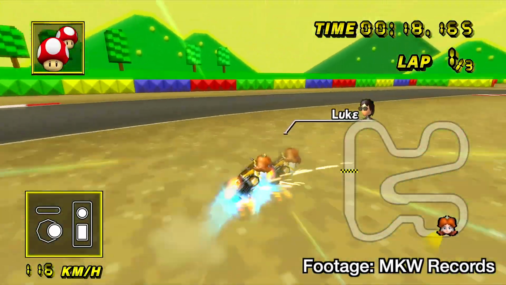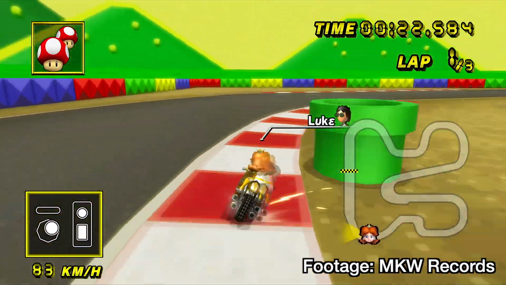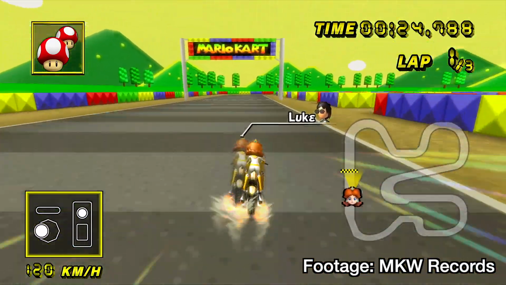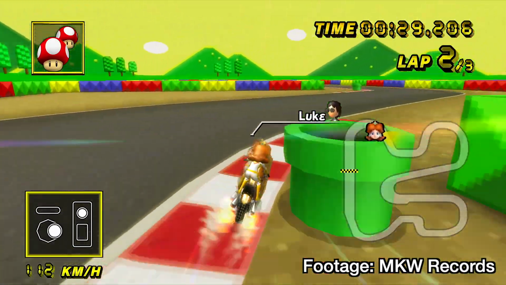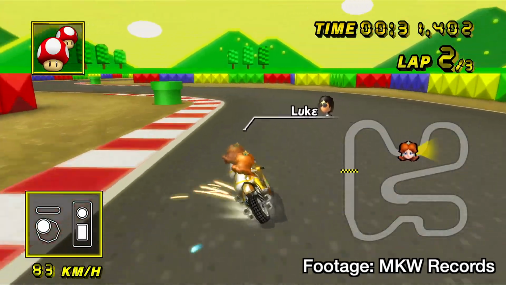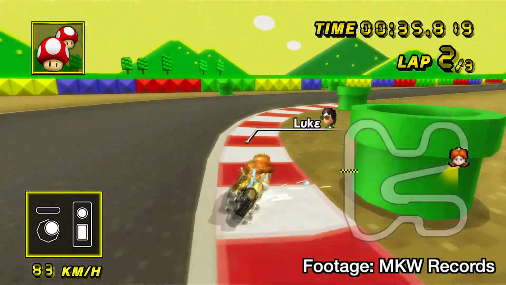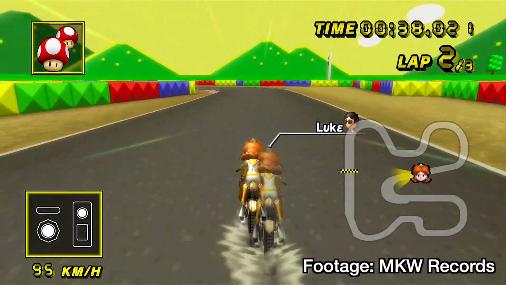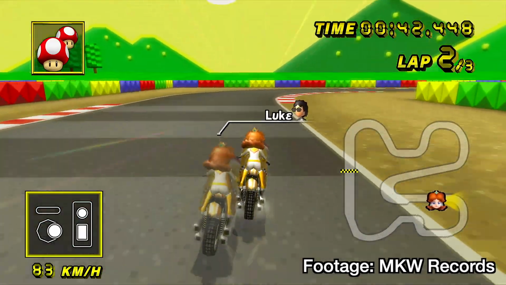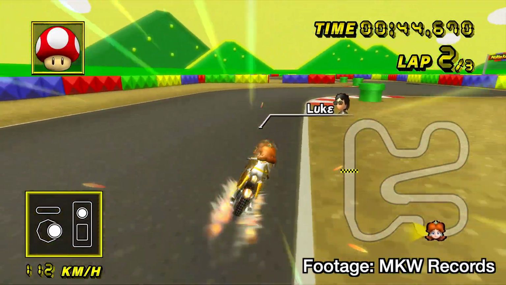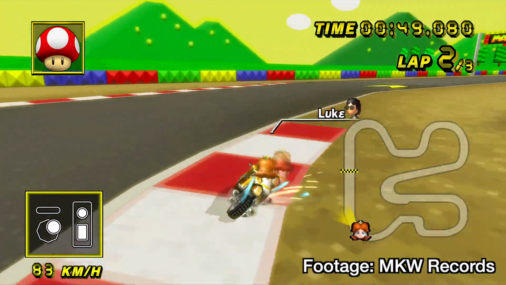So, in order to understand what the anti-TAS system is actually doing, we need to understand what it's trying to prevent. Now, bear with me because I'm going to have to do a little explanation of how Mario Kart Wii works and how it processes inputs. So, think back to your Algebra 1 class that you might have taken in middle or high school. One thing that you hopefully learned is what a function is. A function is basically just a mathematical term for something that you can give an input and it will give you back exactly one output.